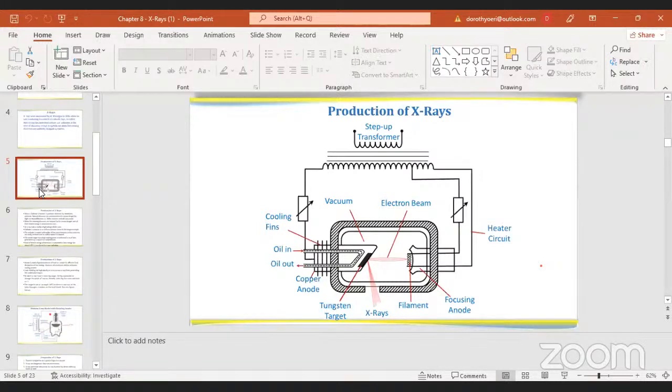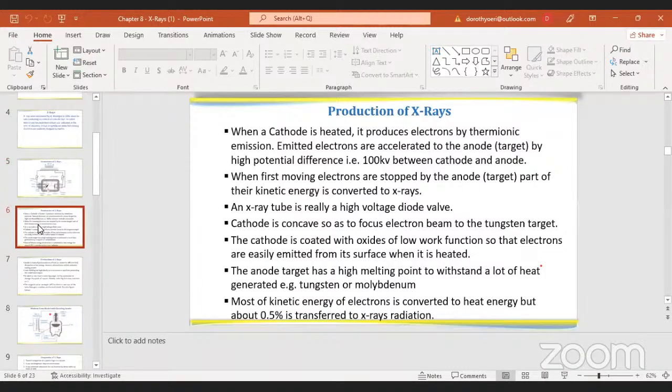Then they are accelerated towards the anode. And I said, specifically listen to my statement, that the electrons are suddenly stopped. When electrons are suddenly stopped, what you end up with is X-rays. So production of X-rays here, we will say,